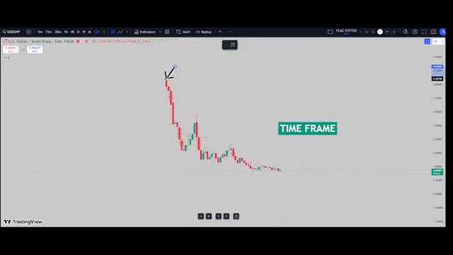You can see this candlestick here. The meaning is that it took this particular candlestick 12 months to form. Each candlestick that you come across on the 12-month time frame took 12 good